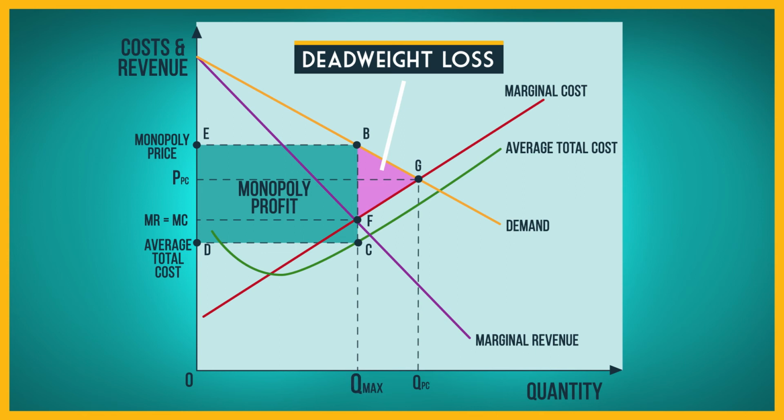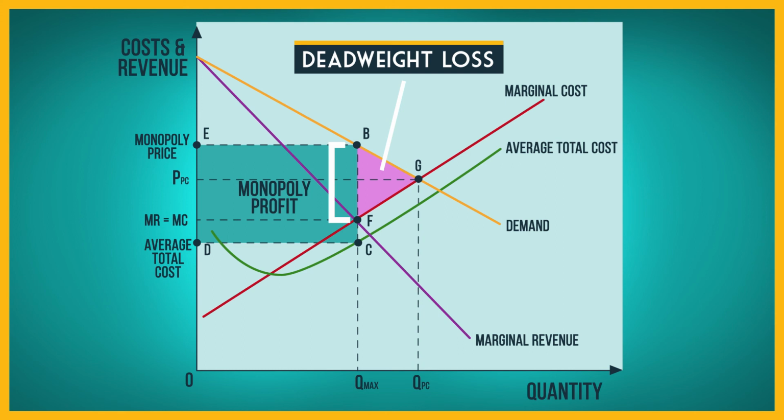sells Qmax. The height to the marginal cost curve measures the marginal cost when output increases by a small amount. For example, the height to point F is marginal cost when the monopoly increases output slightly from Qmax. The distance between the demand and marginal cost curves measures the economic surplus gained when output increases by a small